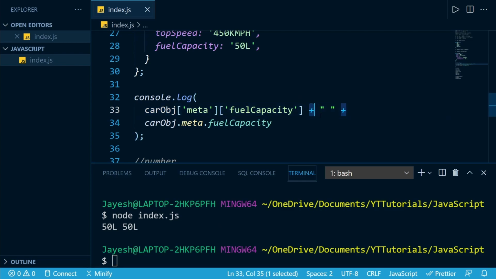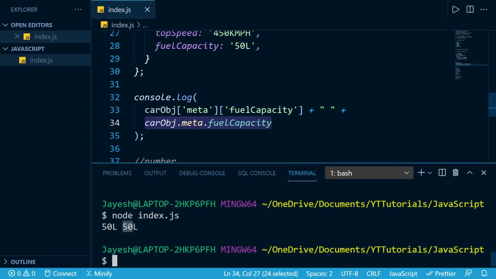And this plus operator acts as a concatenation operator, and it adds the two values. This value was already a string, and if it wasn't, it would have converted it into a string to print it onto the console. Then it added a space after 50 liters, and then it added the value of car object dot meta dot fuel capacity, that is 50 liters.